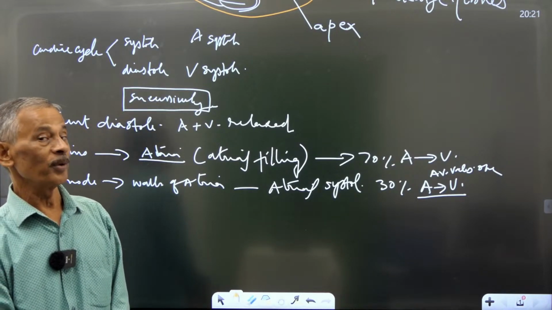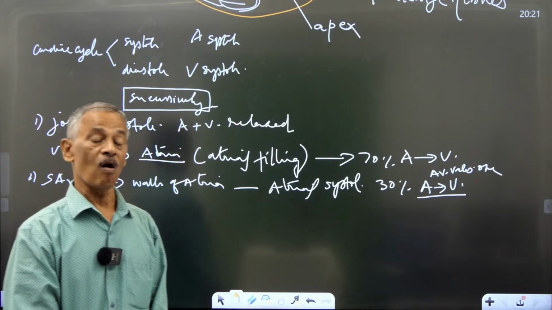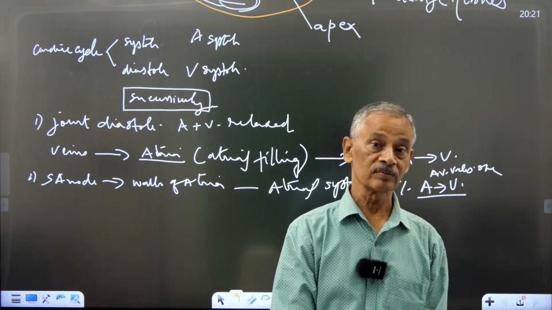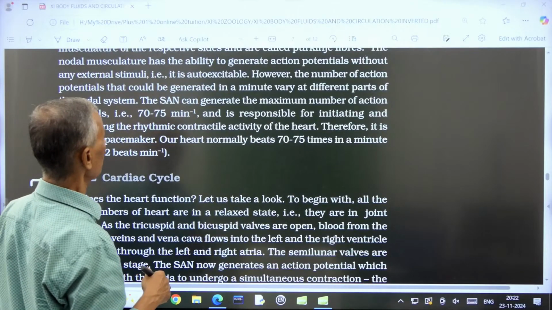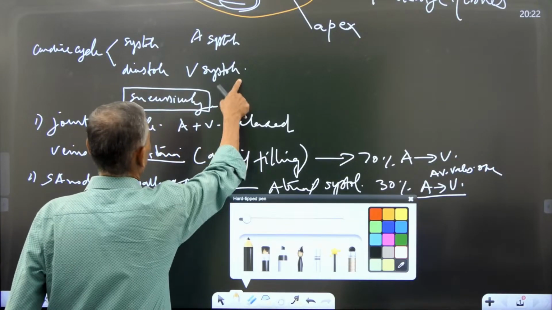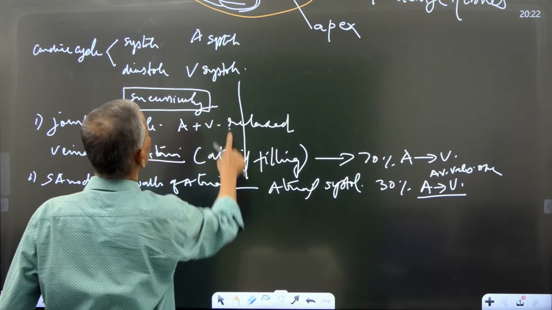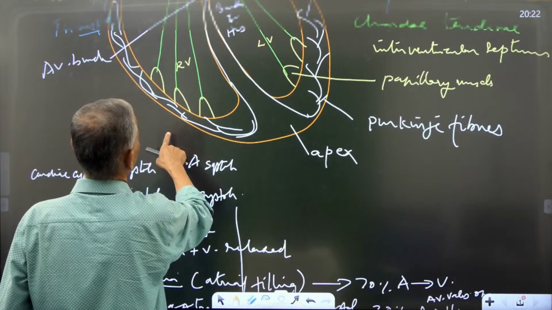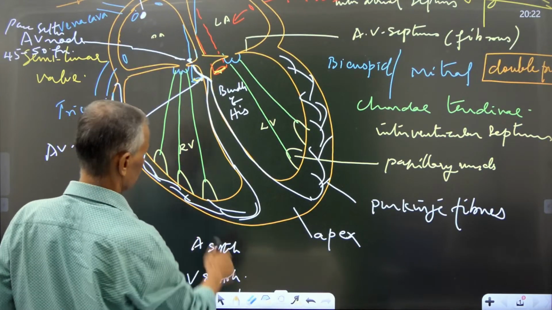Okay. Now you may be asking a very important question. Why is the signal reaching only the walls of the atria? Why is it not reaching the walls of the ventricles? Remember, the atrial walls and ventricular walls are separated by a fibrous connective tissue which is in the form of a ring. This fibrous connective tissue ring is called